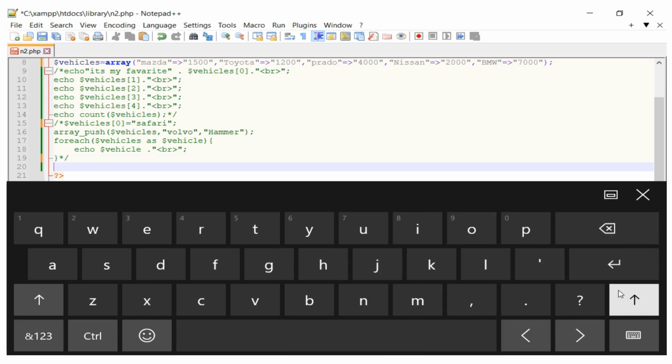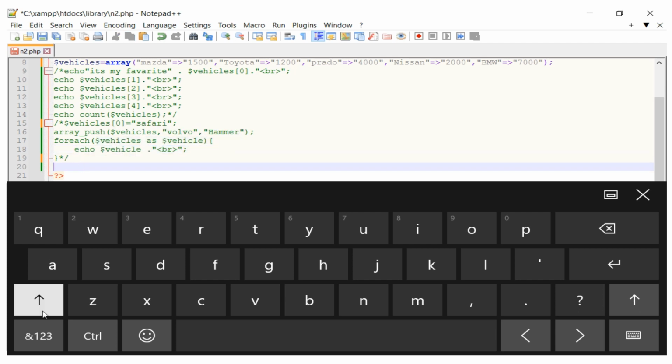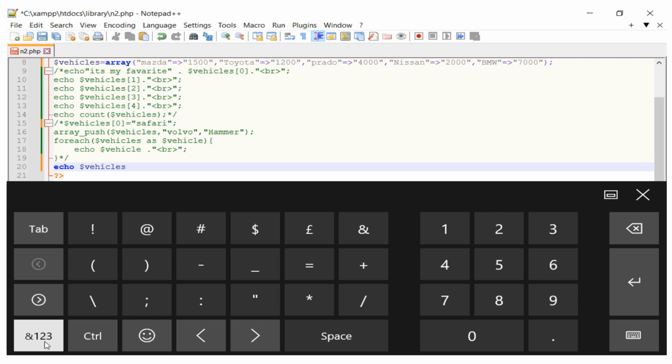So for me to display these, maybe I can come and use this echo. Remember it is the vehicles. I can copy this, and then let me try to paste it there. Remember it is the vehicles, and then I can give the first one, which is the Mazda. So because I want the Mazda to be displayed here, maybe I can give this bracket that way,